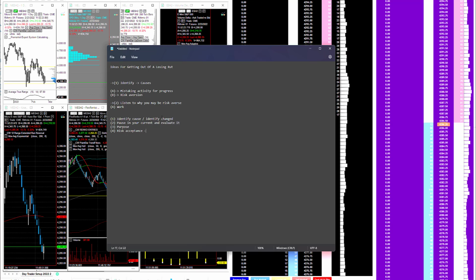You don't want to become risk aggressive when you're losing, and that would be a big mistake because the market may have changed. There may be other causes to your losing other than just risk aversion. We want to go to risk acceptance, which is a more rational way of looking at the risk aversion and just saying, I'm going to accept the risk on this set of trades and get the expectancy, versus trading in a risk averse way, which may lower my risk and my expectancy. So we go to risk acceptance, and then, right,